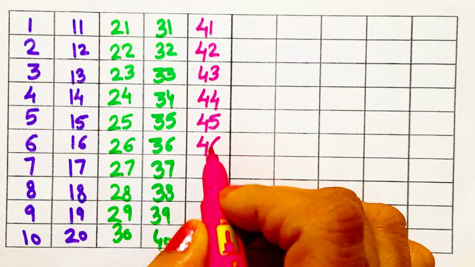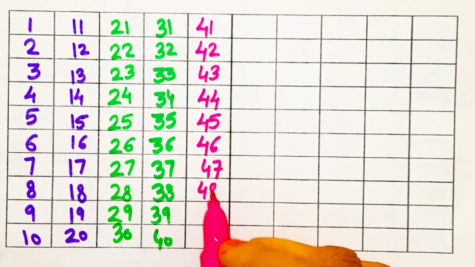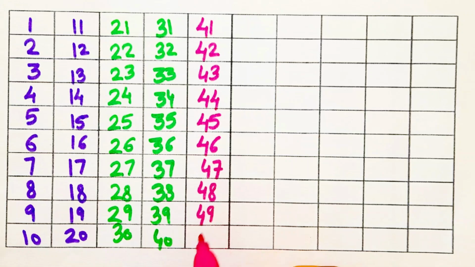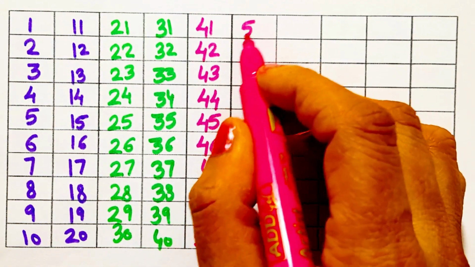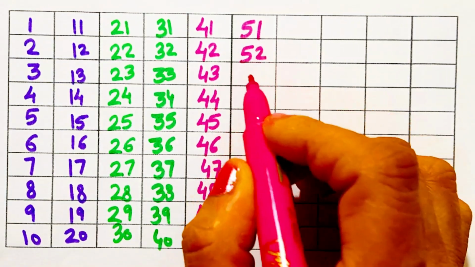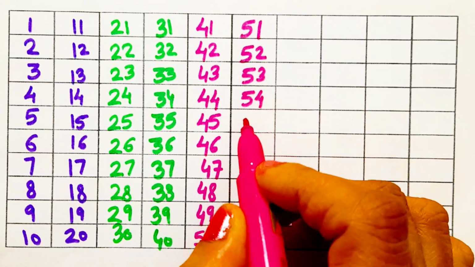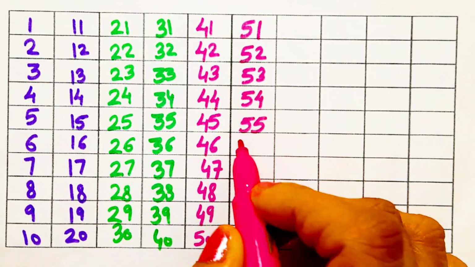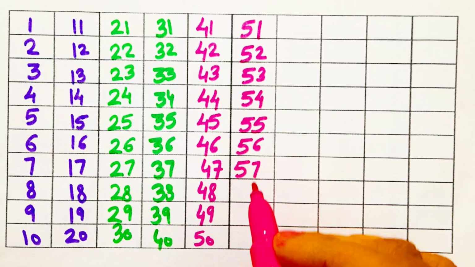45, 46, 47, 48, 49, 50, 50. This is 51, 52, 53, 54, 55, 56, this is 57,